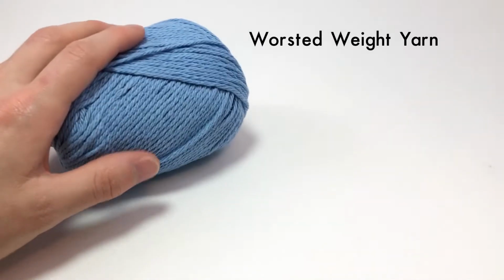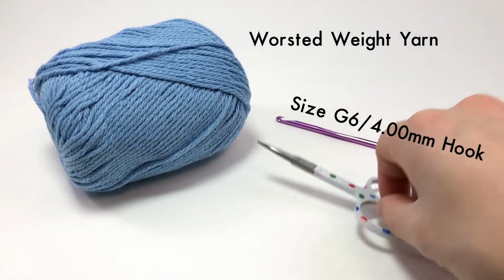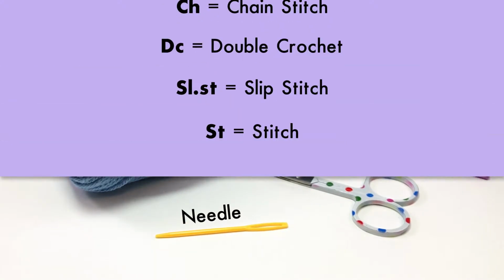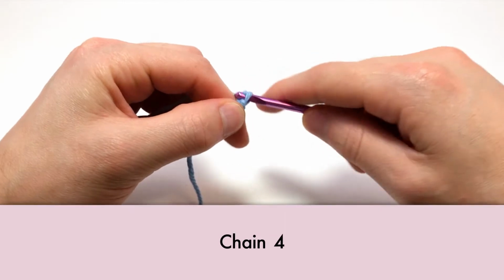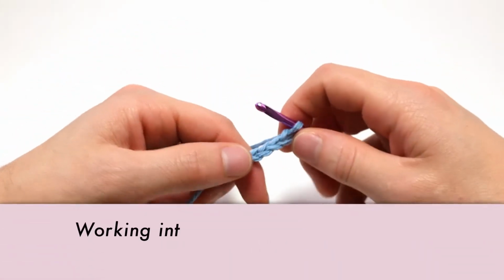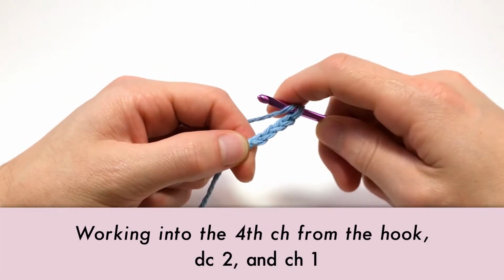The materials that you'll need for this project are some worsted weight yarn, a size G 4mm crochet hook, some scissors, and a needle. And for this project, all you'll need to know is the chain stitch, the double crochet, and the slip stitch, which I'll be explaining when we get there. We're going to start by chaining 4 and working into the 4th chain from the hook. In this chain, we'll double crochet 2,